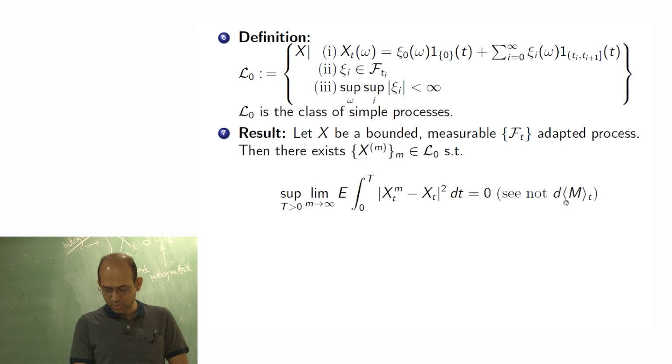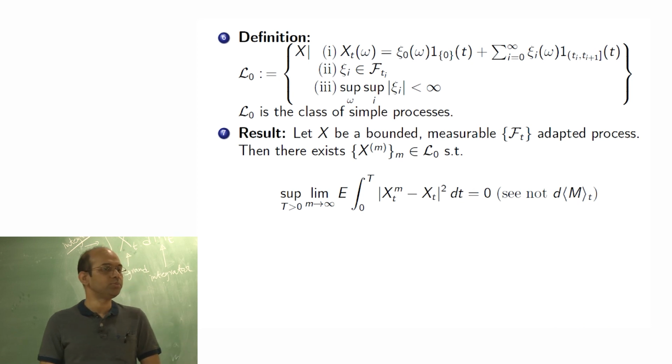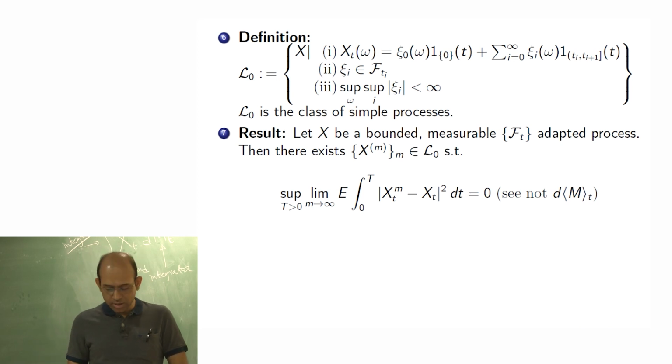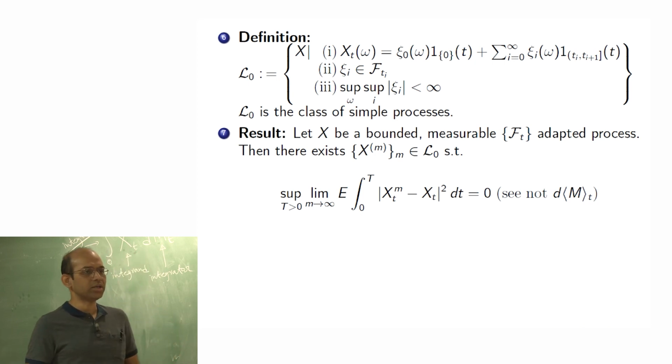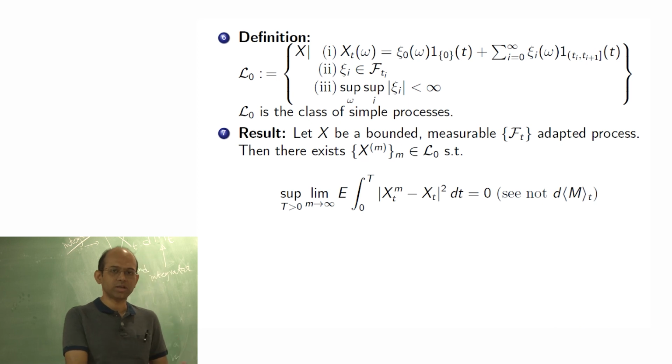We are not integrating with respect to the quadratic variation of m, we are only integrating with respect to t. Here, for L0 also, we did not put any condition, it is not dependent on m. Remember earlier we chose L of m, so depending on a martingale we defined what L of m is, but L0 is like universal, correct. You do not care about anything, you just have a given filtration and you come up with L0. And since this is a result for L0, we appreciate this result.